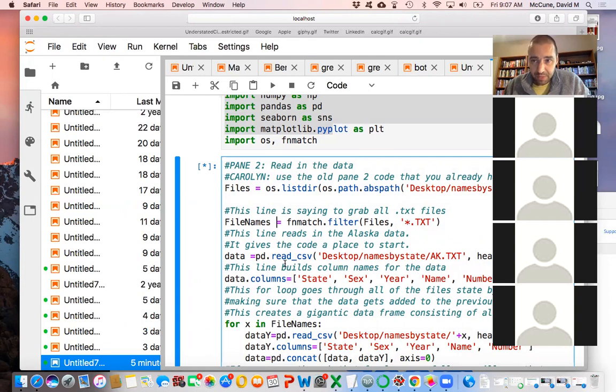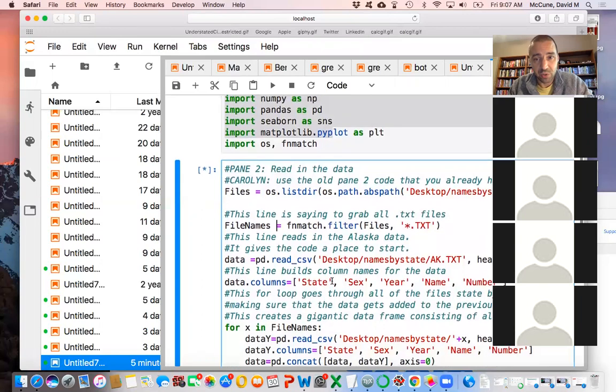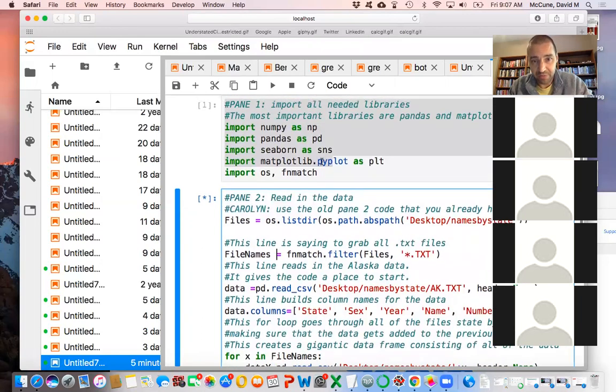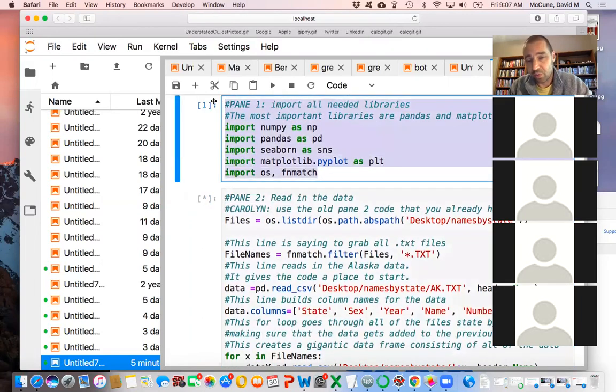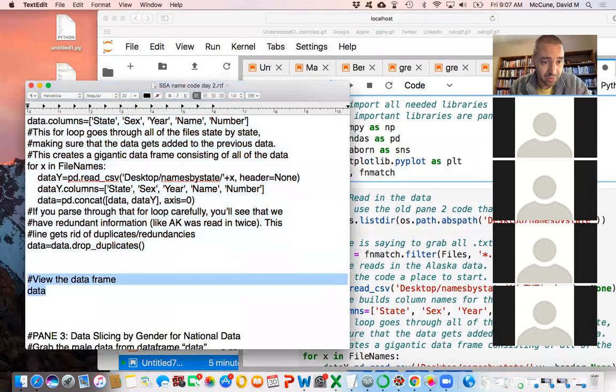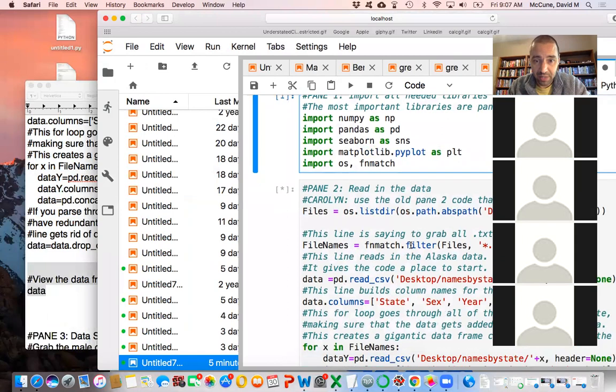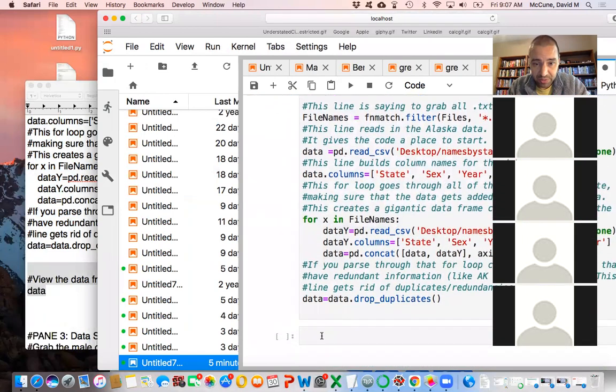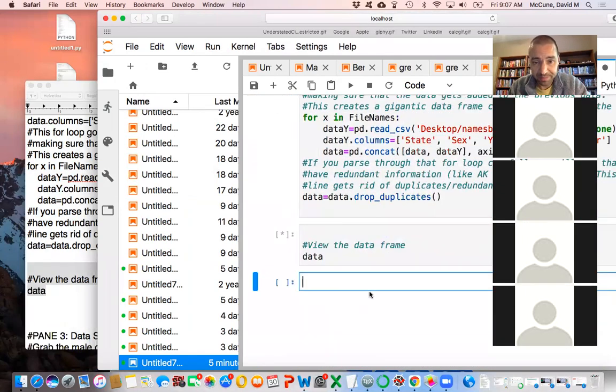Now, if you're not going to start from scratch, if you have your notebook already open, you may have noticed that if you leave it open for a while, sometimes the computer forgets you ran previous cells. So if this notebook has been open for a week, it may have forgotten you ran this cell. I don't know when the computer decides it's going to forget things like that. So sometimes you have to go back and rerun cells anyway. So I'm just going to feed in the data like always, and then once it's done, I'm going to ask it to show it to me.